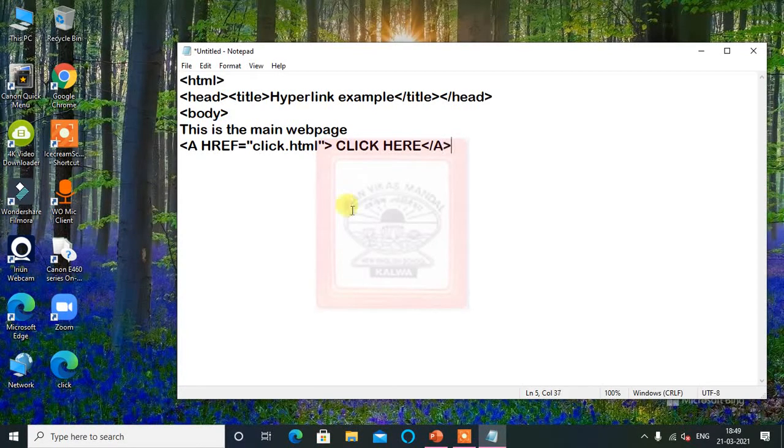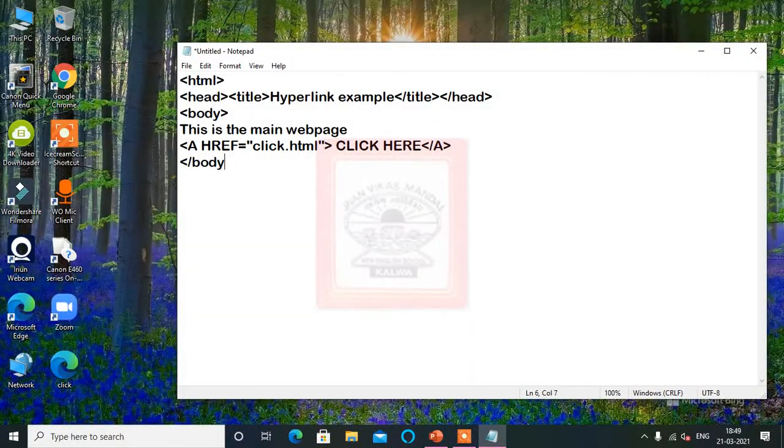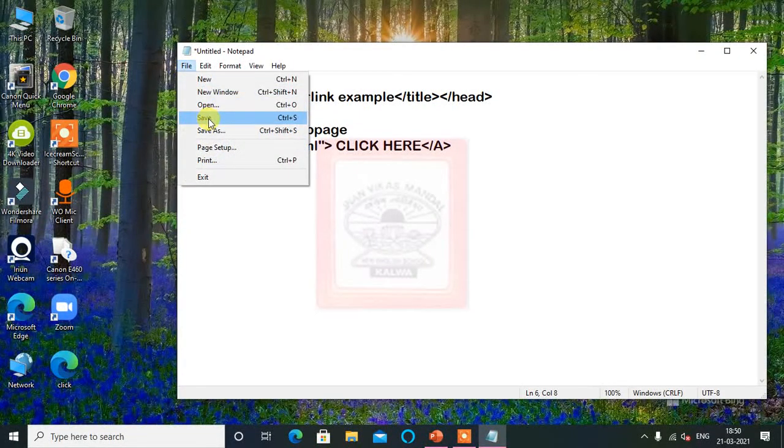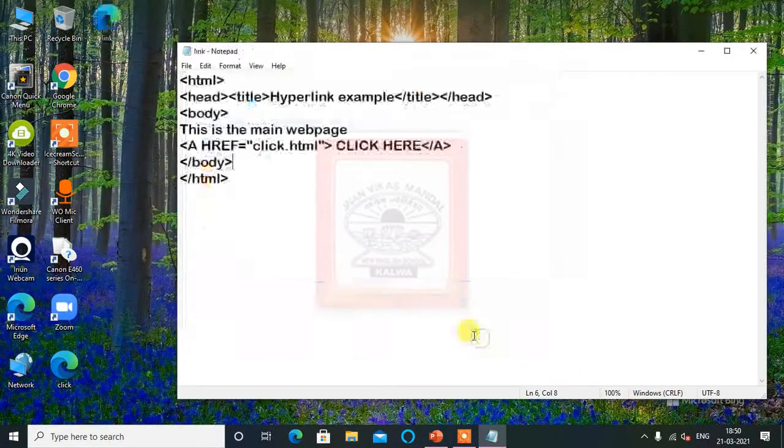So this is the syntax; this much is enough. So this is the web page here. We will save this. You can give any name here, whatever you want. So I am giving this as link.html, or you can also write main page here, link.html. So from this link.html we are going to open the click.html. So the web page we typed first, that we are going to open from this web page. So we will always open this web page to view that.